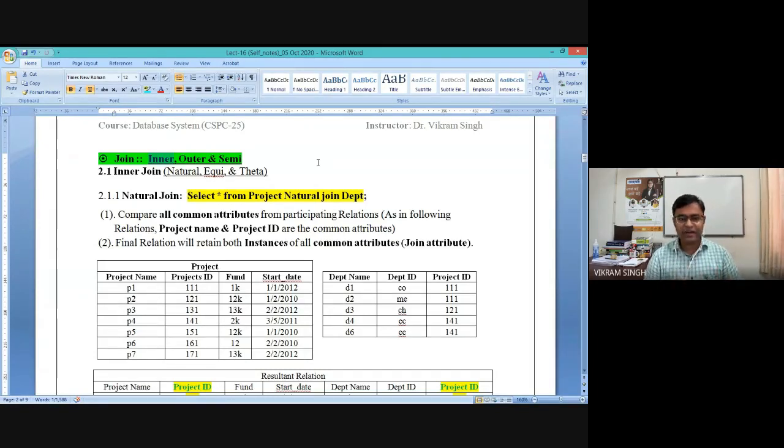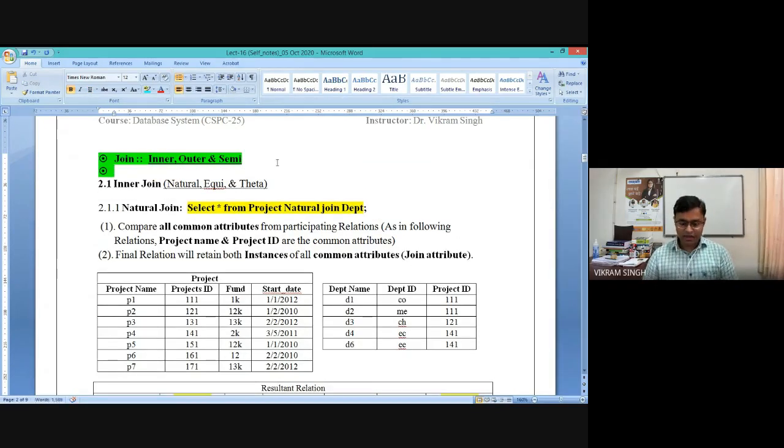Natural join is one of the inner joins itself. Matching nature means that because we now have two tables, whenever we have a similar or exact matched value between these two tables on any column or attribute, that tuple will be selected.